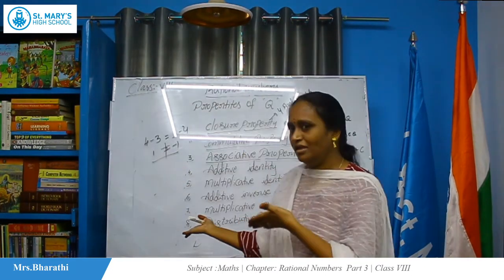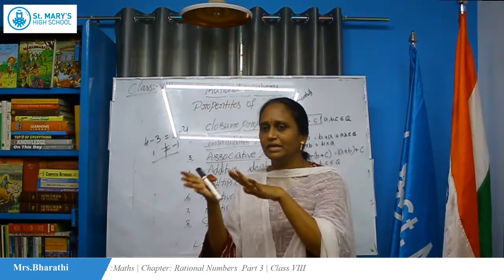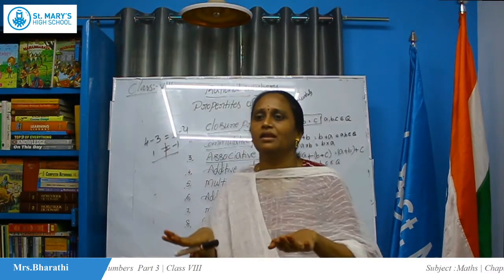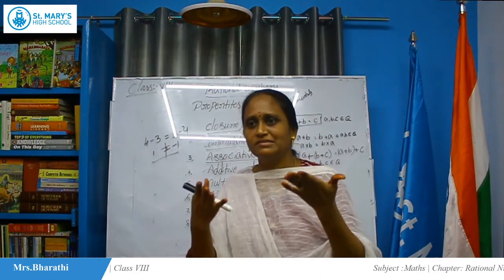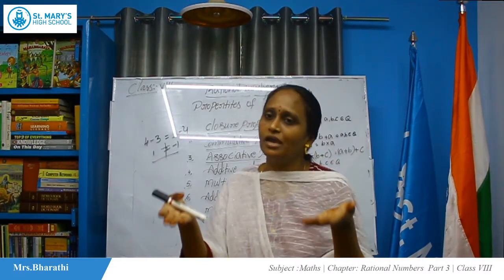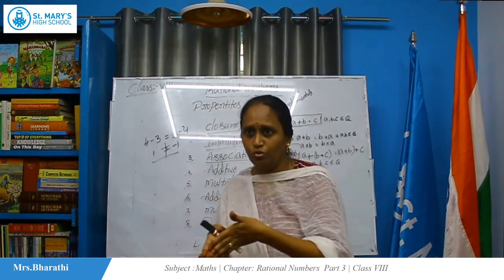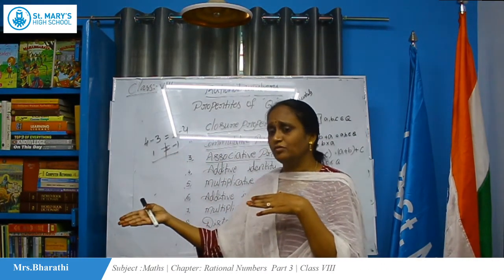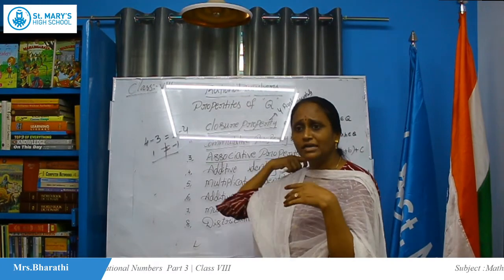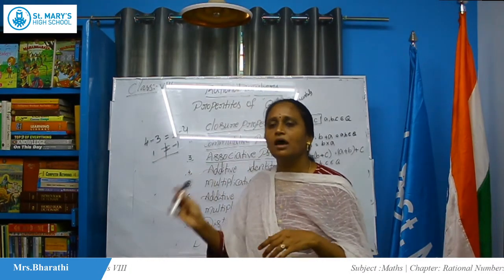Yes. The same way here also. Any number added with 0, then the result will be the same only. So that means 0 is the mirror and the number is yourself. Then what reflection will we get? What image can you get? You can get the same number only. So any number we add with 0, we get the same number as the result. That is called additive identity. So what is additive identity? 0 is additive identity.